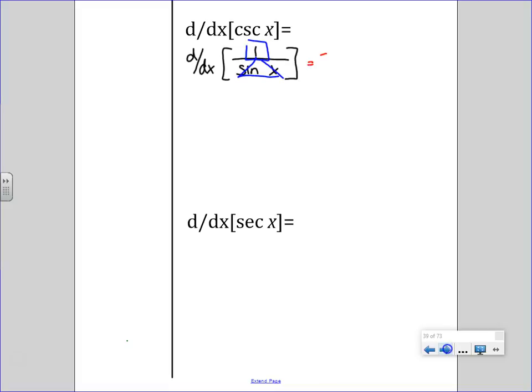Bottom, d top. Derivative of 1 is 0, he's a constant. Minus top, d bottom. Bottom d top minus top d bottom, all over